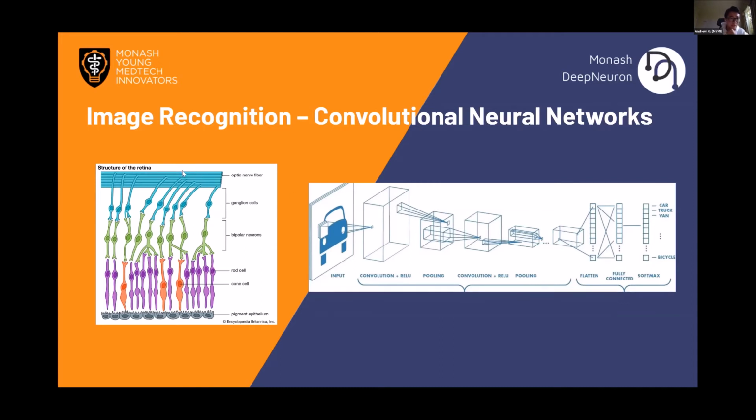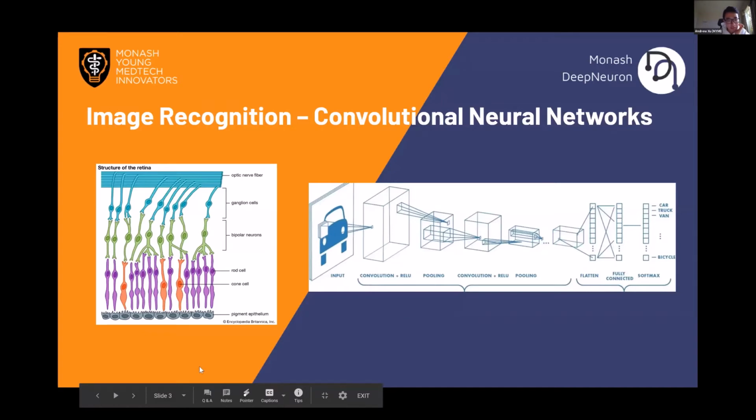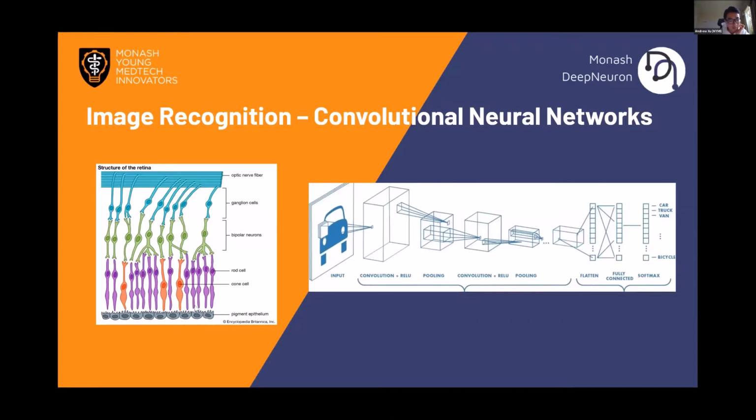And as we can see here, the inspiration for convolutions also arises from a biological background. This image depicts what actually happens in our eyes as we look at things. This is the surface of our eyes, and as light or photons hit it, it undergoes electrical changes, and rod cells and cone cells receive this information and pass it on to neurons that are deeper in the eye.